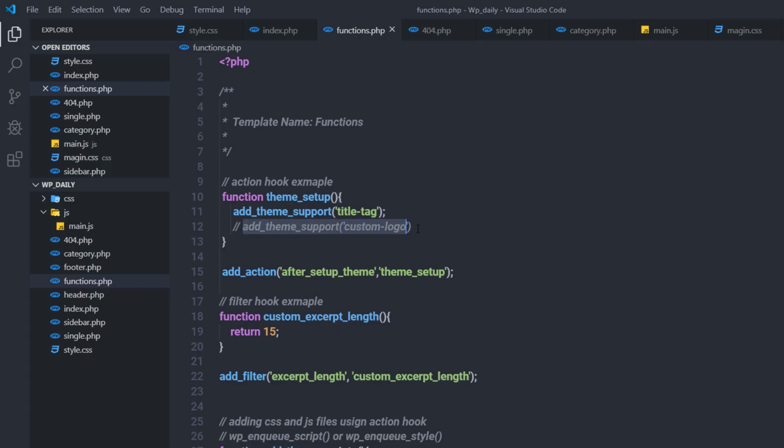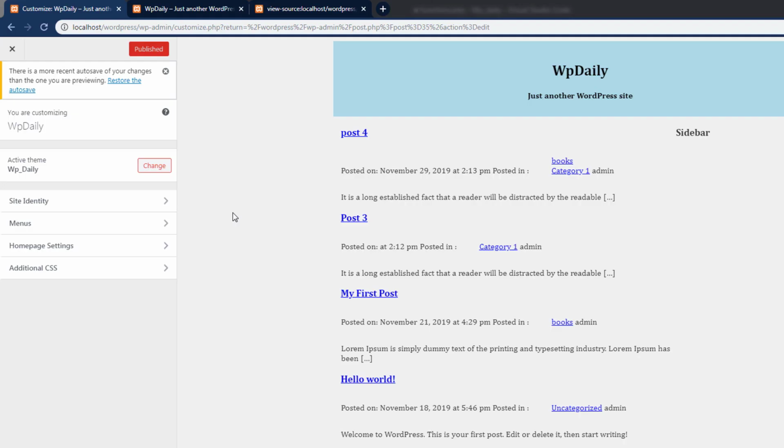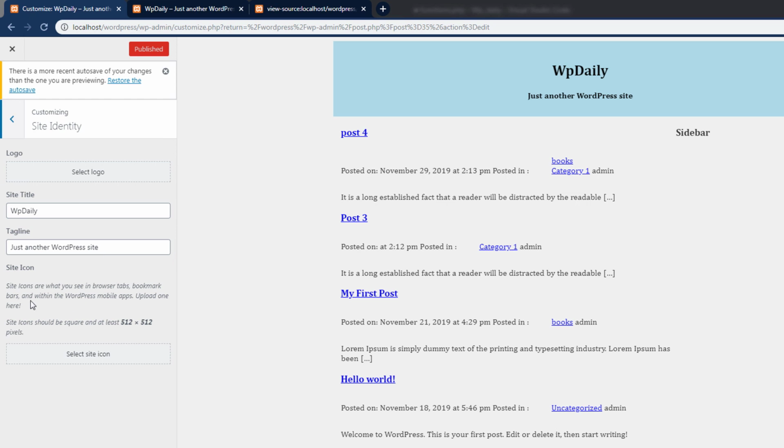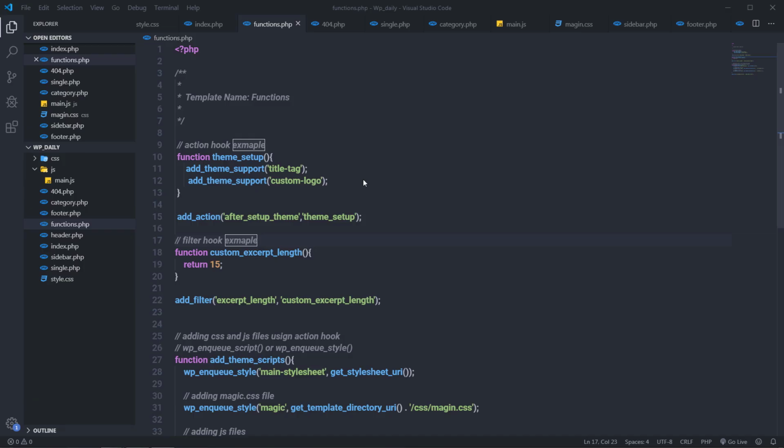But when you enable this custom logo like this, you can notice in the site identity, you have this select logo option. Using this select logo option, you can specify logo to your site title. As simple as that. So this is how you can add different settings to your WordPress theme. Now you know how you can add a custom logo in your website using just a simple add theme support function. Now let me show you how you can add a navigation menu in your website,